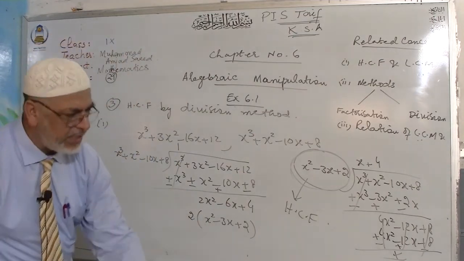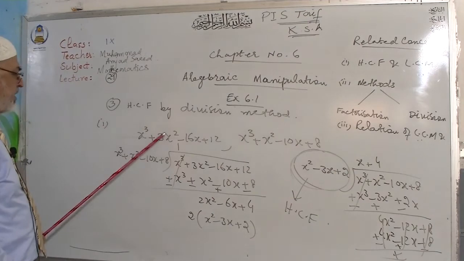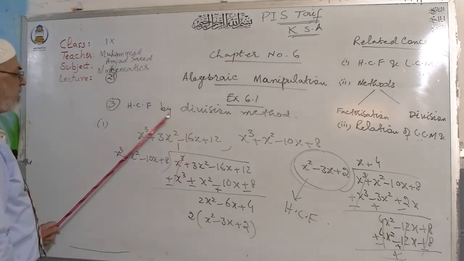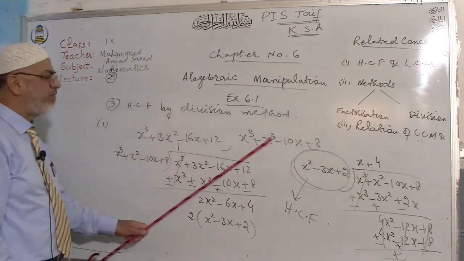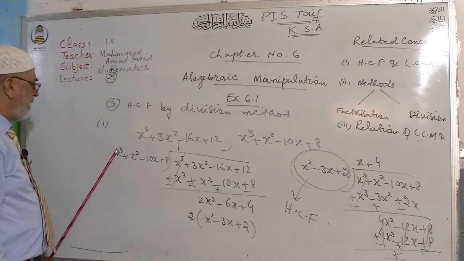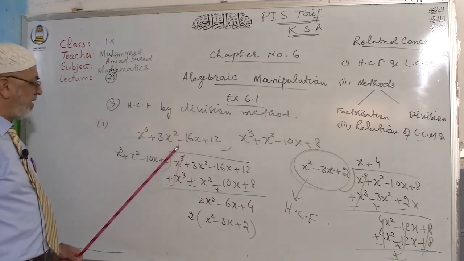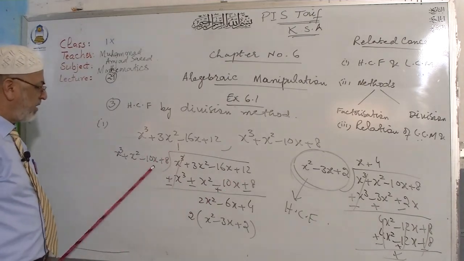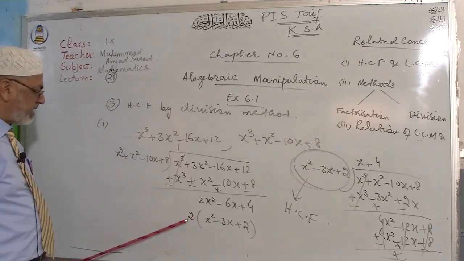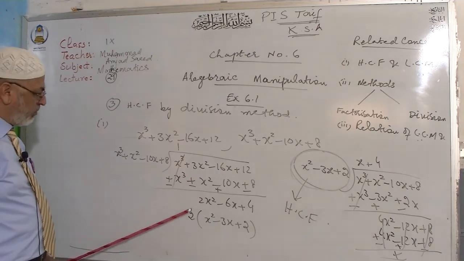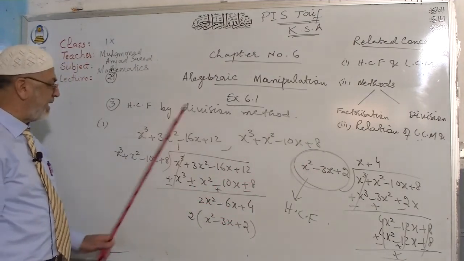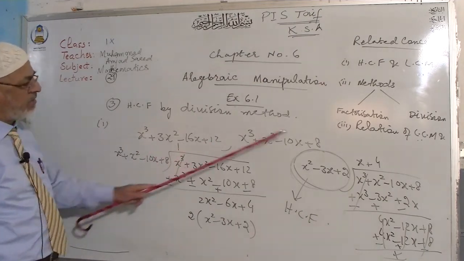It was very easy. There are 2 expressions. The bigger expression may be written inside, but both have the same order, same power, so that's why anyone can be written inside. So this was written inside. With the help of that x cube, we are making x cube by 1. So you write down, change the sign, and 2x square minus 6x plus 4. Here 2 is taken common. Then 2 will not take part in the next step. Smaller term will come outside and the bigger divisor, last divisor, will come inside.